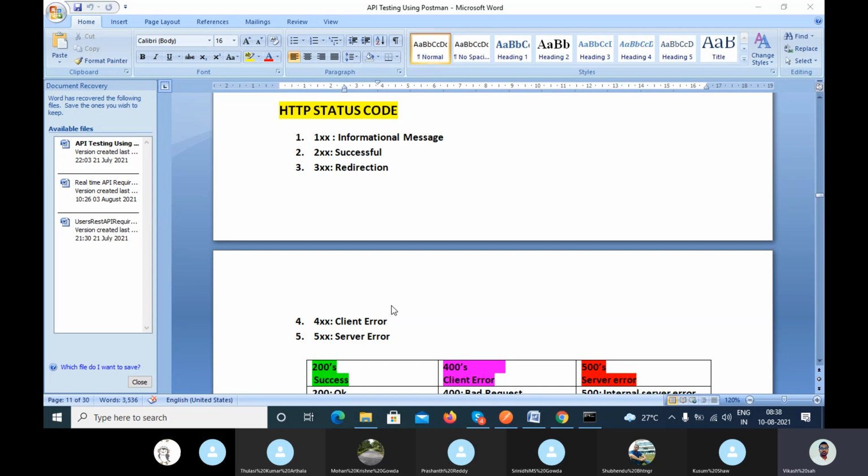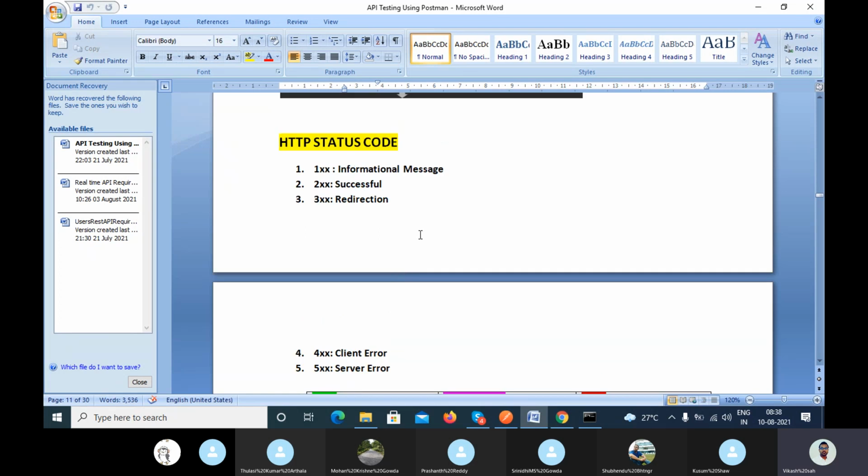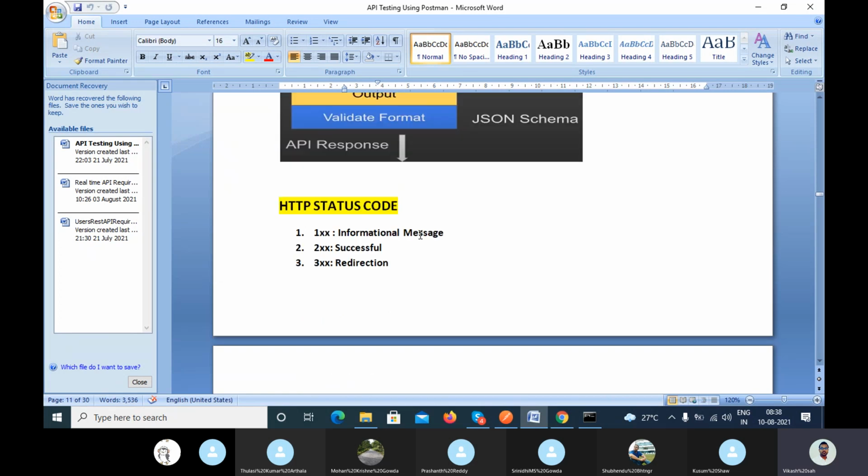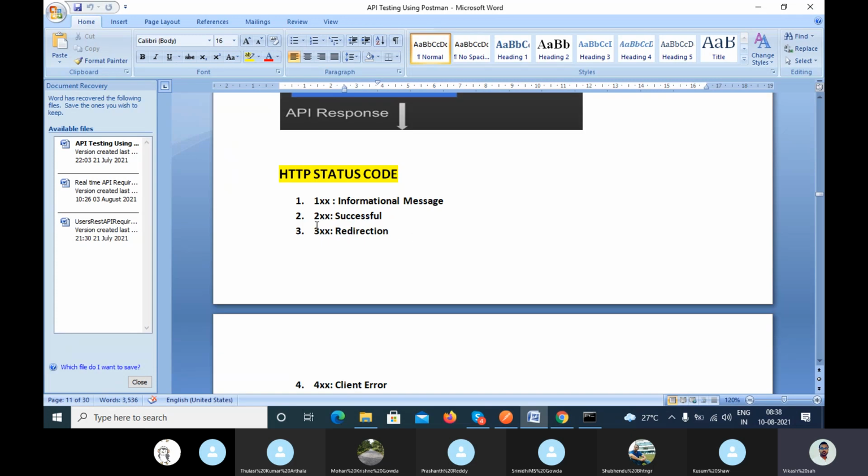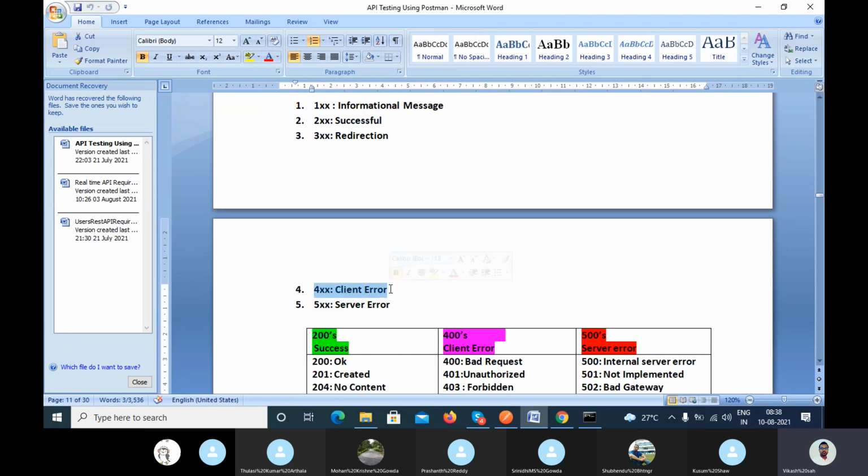99% in real time we are using these types of status codes. Okay. So if in the interview they ask you what status codes you have used, then you can answer that you have faced the 200 series, that is successful, 400 series, that is client error, 500 series, that is server error.